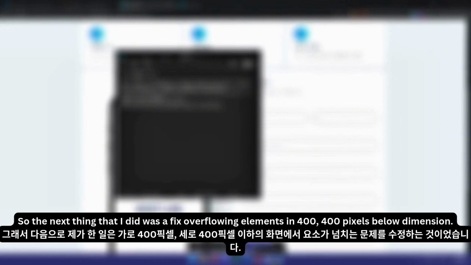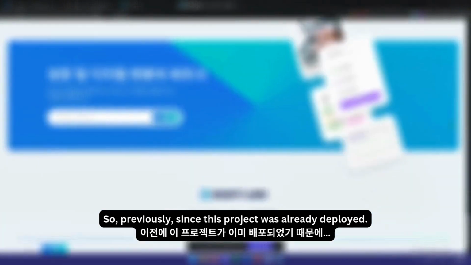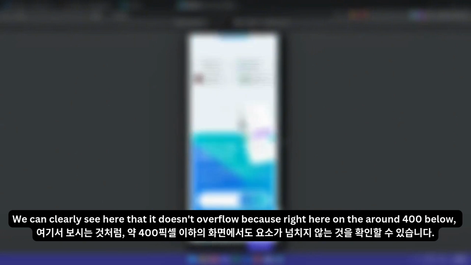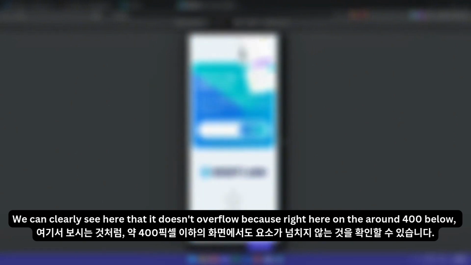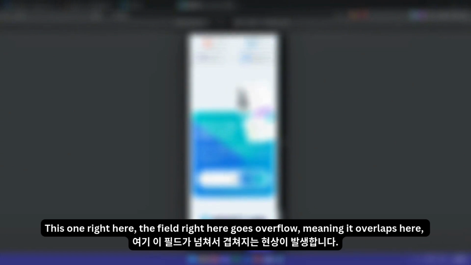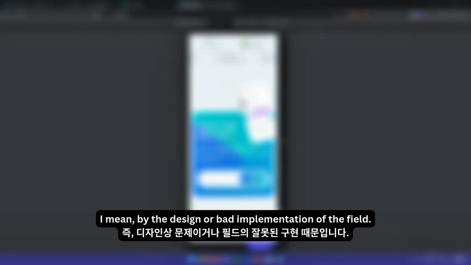The next thing that I did was fix overflowing elements in dimensions below 400 pixels. Previously, since this project was already deployed, when we hit the mobile version, we can clearly see that on the mobile small screen below around 400, the field overflows, meaning it overlaps and goes outside of this element, which is bad design or bad implementation of the field.